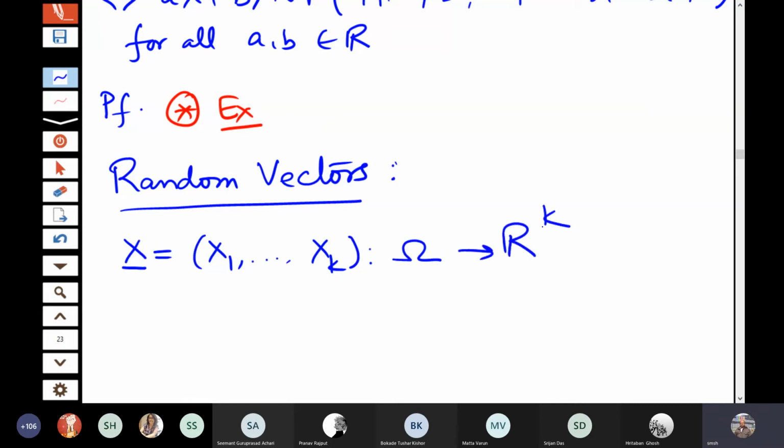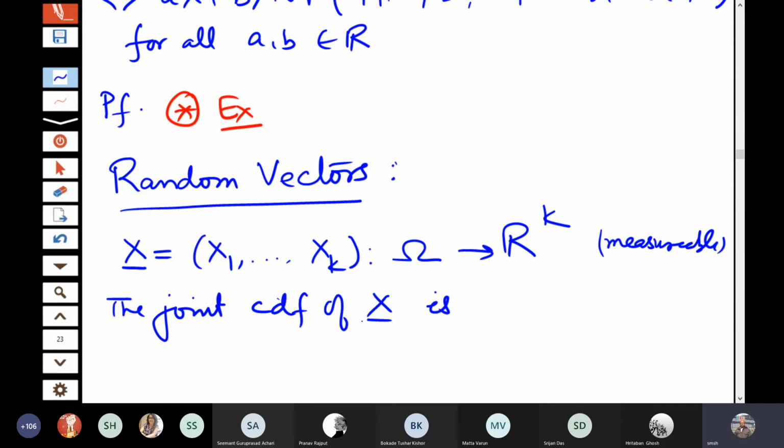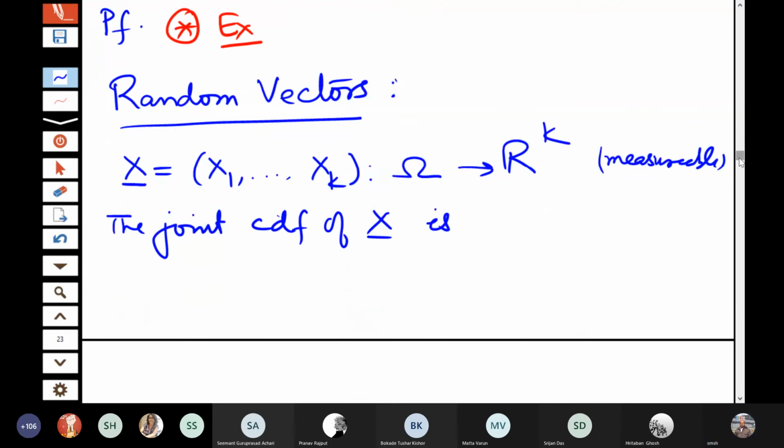Of course it has to be a measurable function, as we have the technical condition here, and the joint distribution function, or the joint CDF actually, it is denoted by F_X(x), where this x is x1, x2, xk. That is probability of